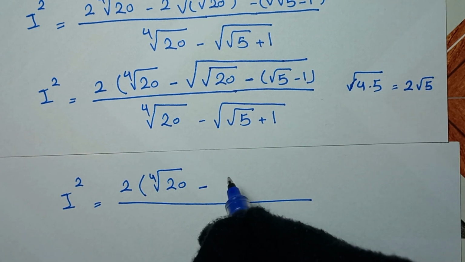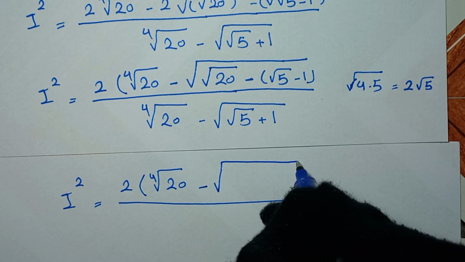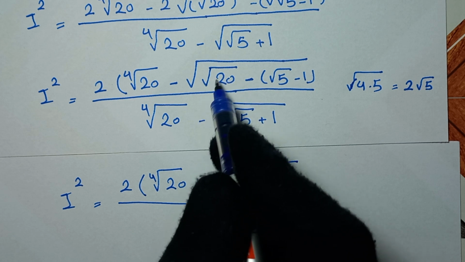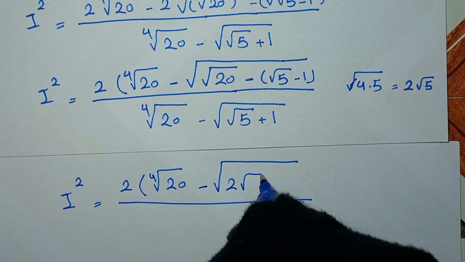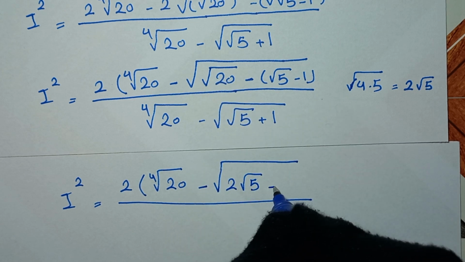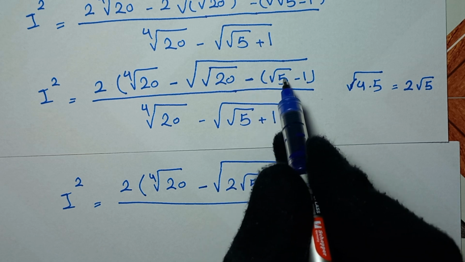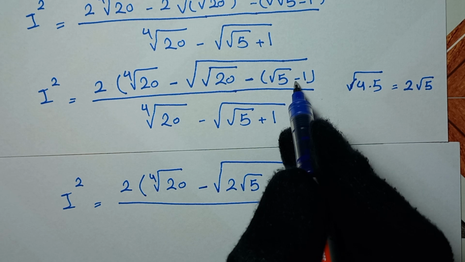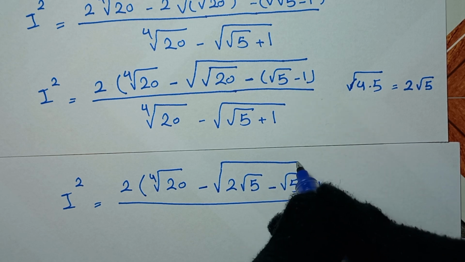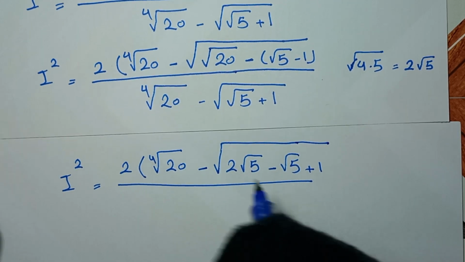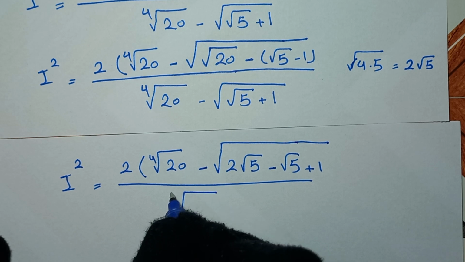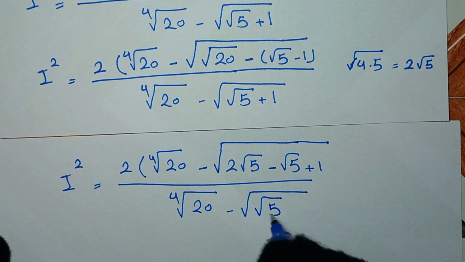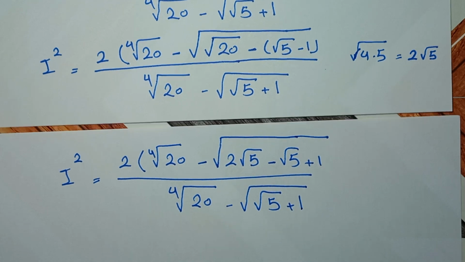So we write in here fourth root of 20 minus, square root of 20 as 2 square root of 5 minus square root of 5 minus 1, and it will be minus square root of 5, and negative times this negative 1, it will be positive 1, and over this fourth root of 20 minus square root of 5 plus 1, and it will be